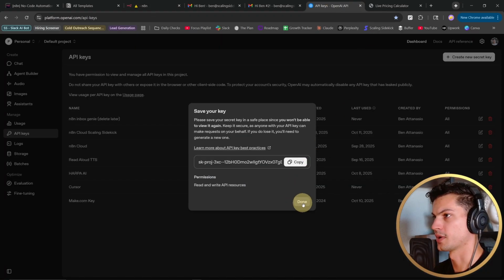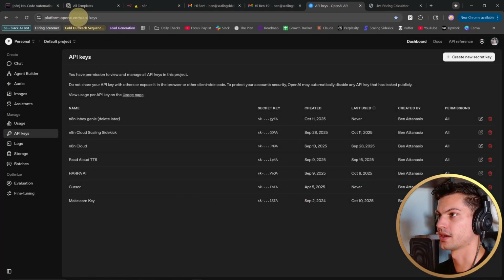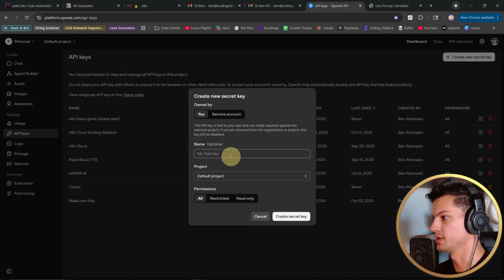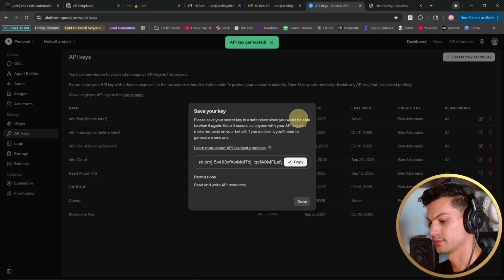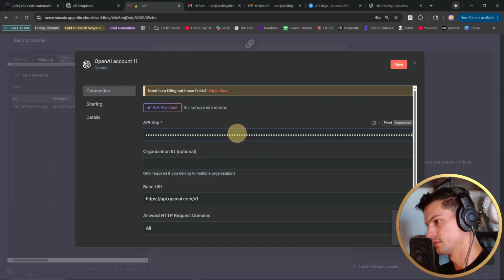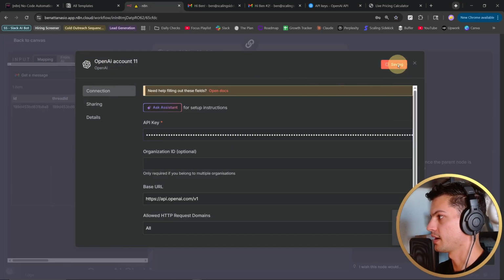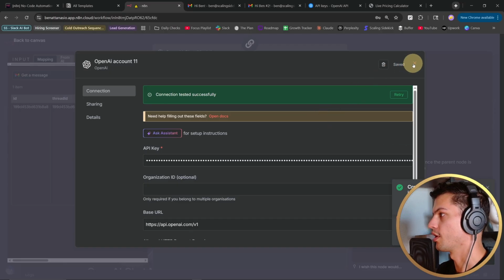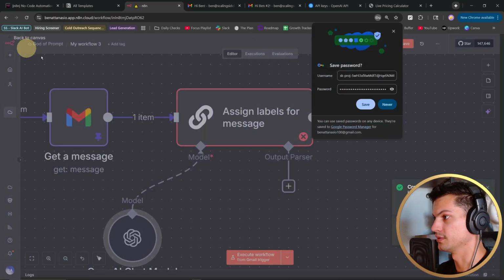The way you get that is by going to platform.openai.com/API-keys, create a new secret key, name it something like N8N flow. I'm going to say delete later because remember your API key is like a password. Copy that, paste it into there, and remember, this will start to run up your OpenAI bill as you execute this step